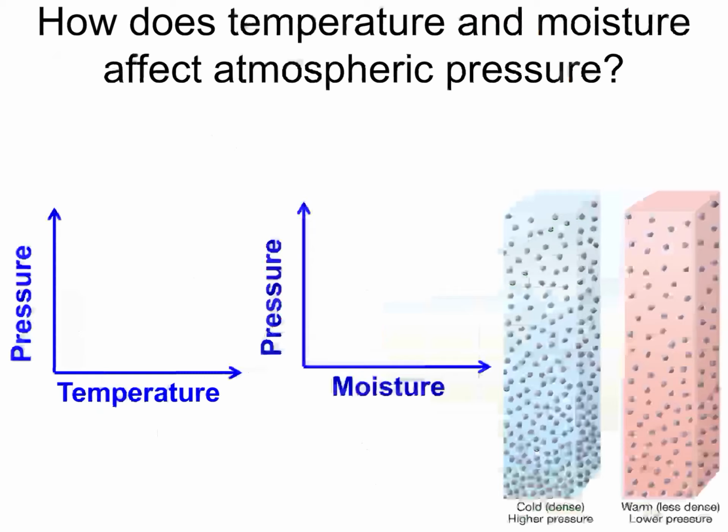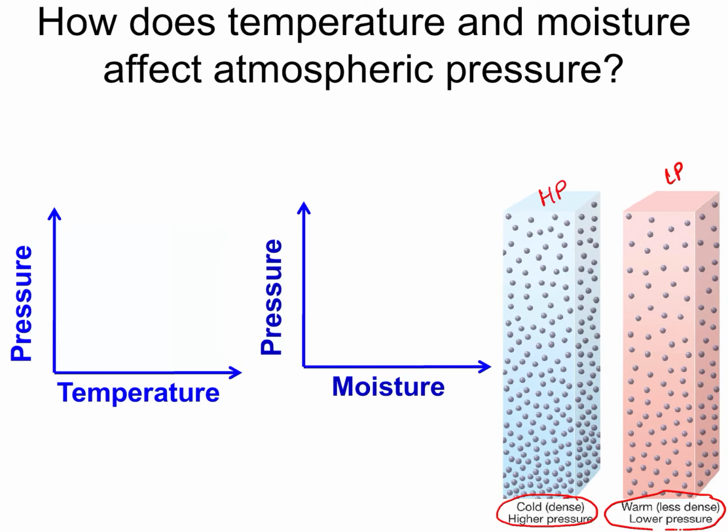Here's a big one. How does temperature and moisture affect atmospheric pressure? Let's talk about warm air versus cold air. If you look at cold air, cold, less energy, the molecules are more dense, they're closer together. Versus warm air, which is going to be more spread apart, less dense. So if it is warm, the molecules are more spread apart. This is going to be low pressure. They're not all jam-packed on each other. Whereas if it's cold, they're going to be more on top of each other,